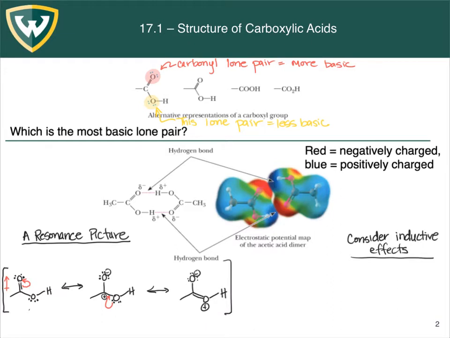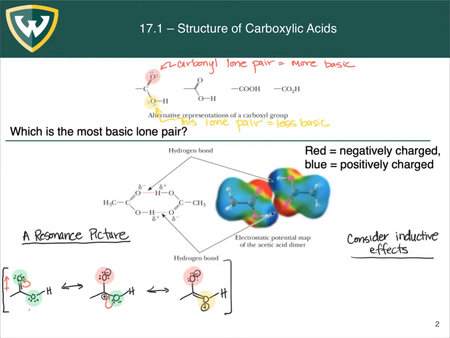So now let's take a look at the oxygen atoms in this picture. Our red oxygen is negatively charged in two of these structures, and it's neutral in one of the structures. The other oxygen is neutral in two structures and positively charged in the third. So overall, if we're just looking at the resonance picture, you would predict that this upper oxygen, the oxygen of the carbonyl, is significantly more electron rich,